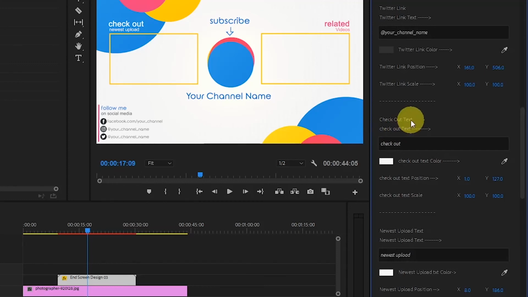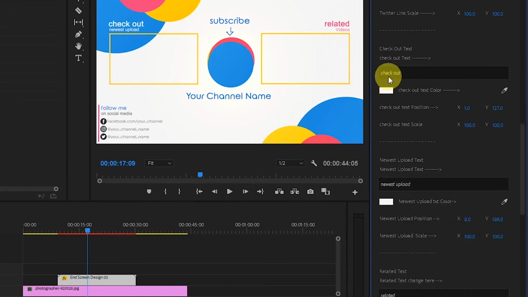After that, checkout text, which you can see here is checkout, newest upload. These are two different texts which you can change from here, checkout and newest upload. If you want to change the text, just click here, type the new text and hit enter. It will be changed here. Like I will show you.